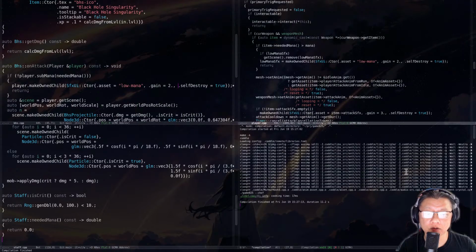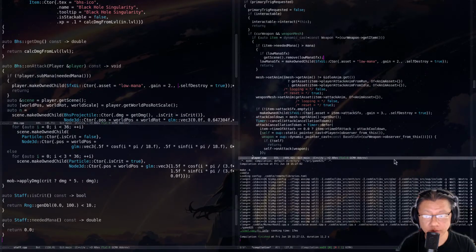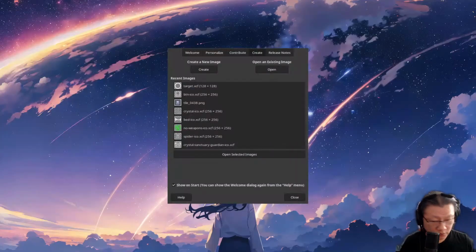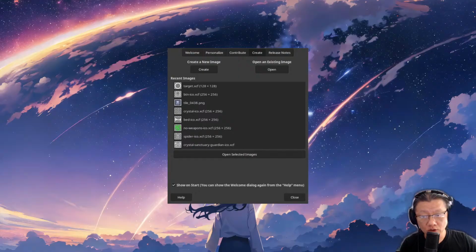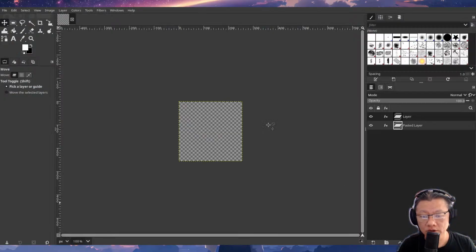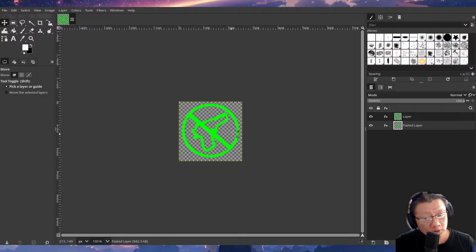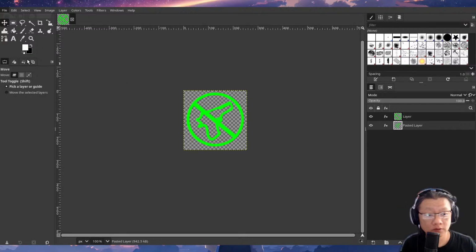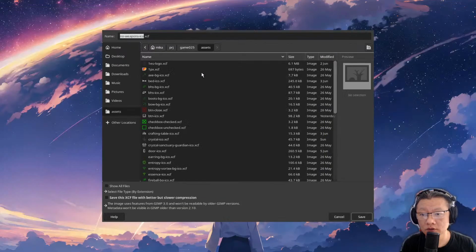Okay, and let's fire up GIMP and make the icon indicating low mana. So I'm going to take the no weapon icon, open selected image, save it as no mana icon, no mana icon,